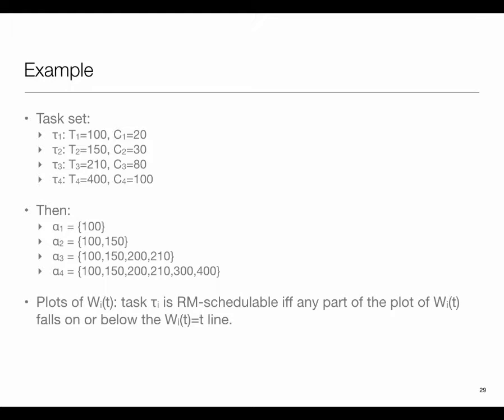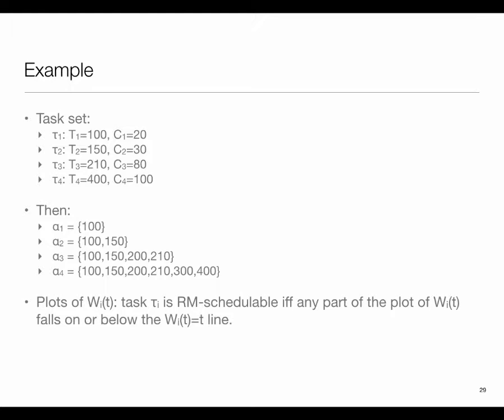So I have 4 tasks. T1 equal to 100, C1 equal to 20, and so on. Let's say I did the rate monotonic assignment in this case. I didn't have to, I could do the same experiment with any priority assignment. So task 1 has the highest priority, task 4 is the lowest. What I now need to do is come up with the sets of t's at which I'm going to check schedulability of task 1, schedulability of task 2, and so on. When I'm considering task 1, the values of t at which I'm going to check are multiples of T1.